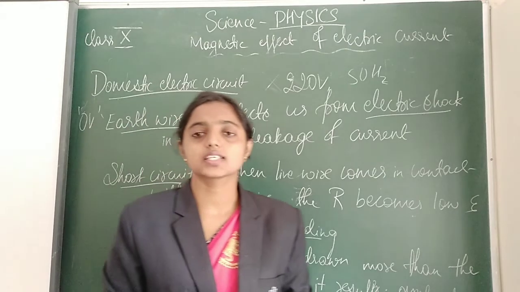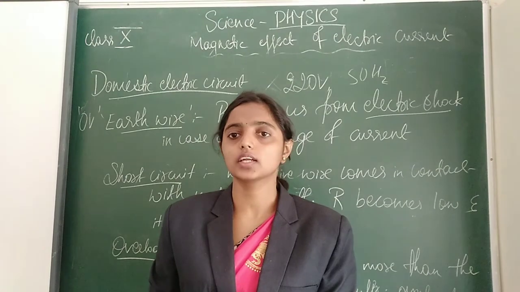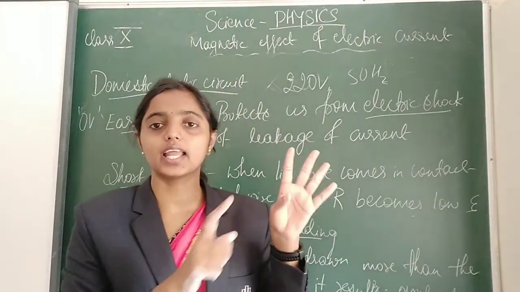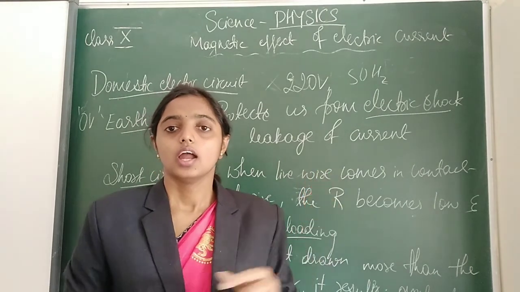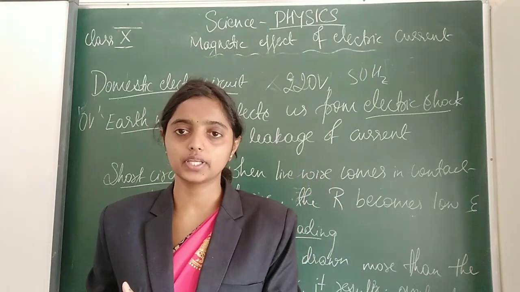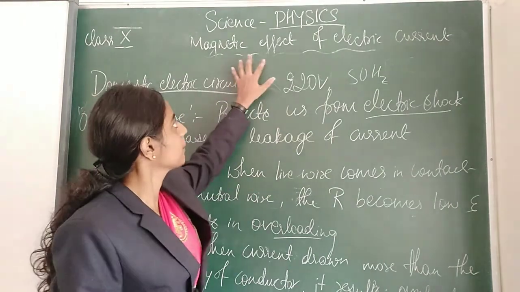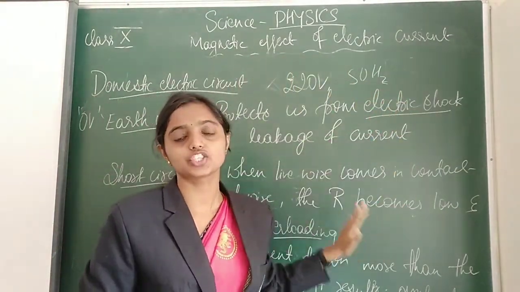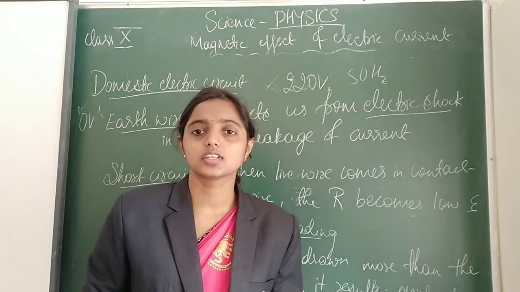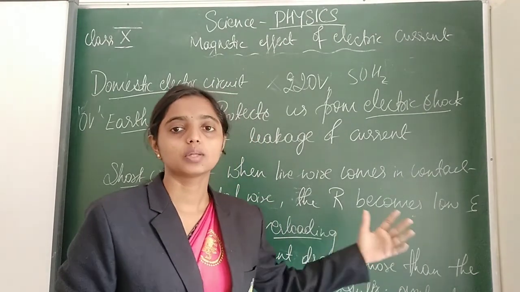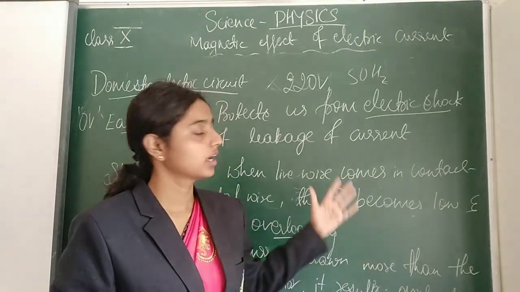We completed the second chapter of the physics part, and this is the magnetic effect of electric current. We completed electricity and this chapter, and the first round test is completed, and we have a second round test. For that we have this chapter, the magnetic effect of electric current, the complete chapter. Prepare well and give your best in your test. Thank you students. Practice and read all the points and all the sub concepts under this chapter.